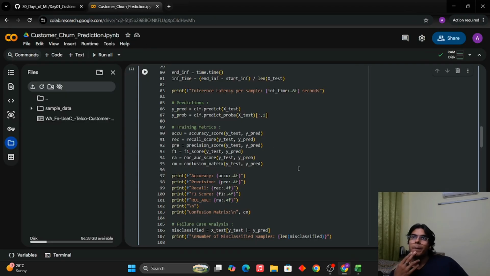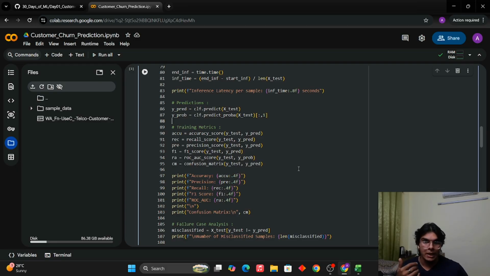When we are predicting customer churn, what do we want? Let's say I'm part of an organization. What do I want as a member of the organization? I want more customers to be predicted correctly, right? I want to get an accurate idea that, okay, in the month of December, 20 customers are going to churn.